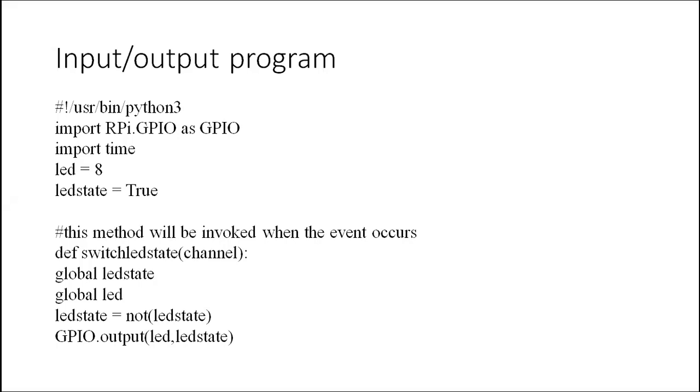When the user presses the button, it is going to switch the LED state. If the user presses the button, the LED state will toggle. If it is already on, it will go to off. If it is off, it will go to on. This function is called whenever the button is pressed, so it will be added with your button's add event method. In the next slide, the continuation of the program is there.